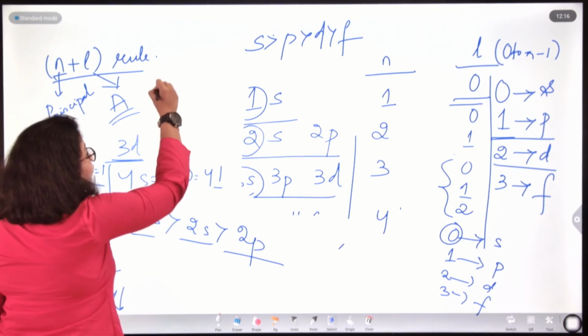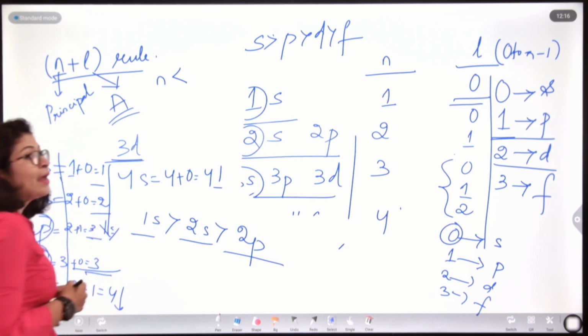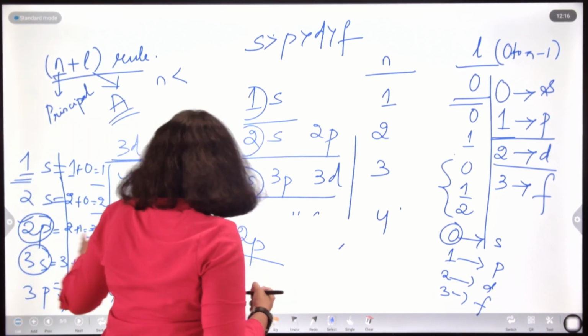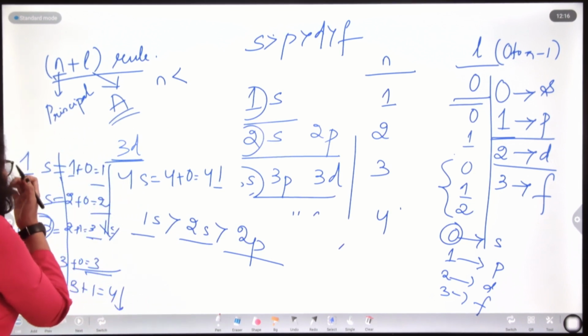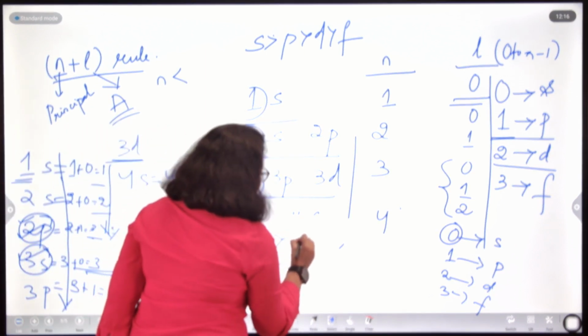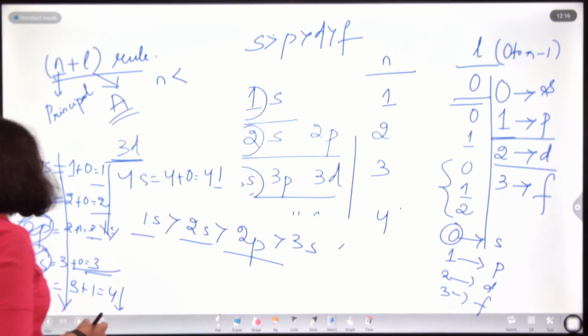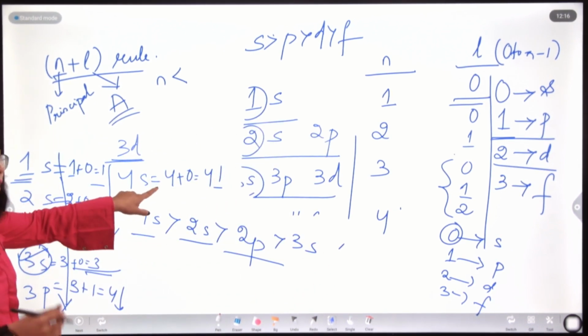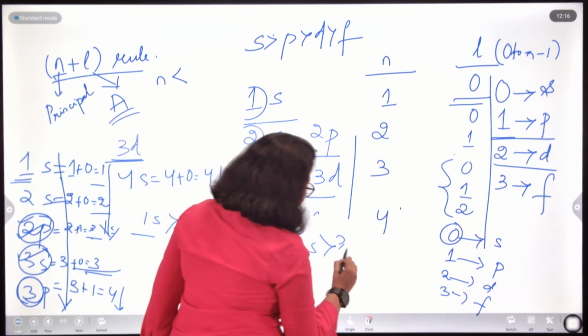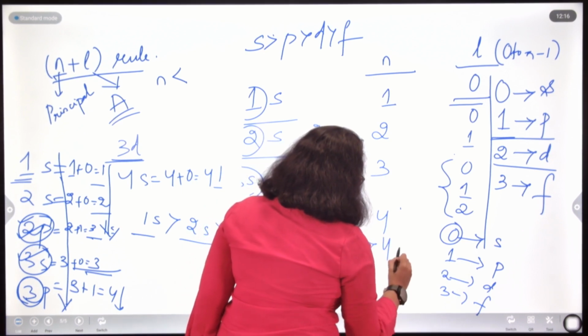Whose n value will be smaller, that will be in a lower orbit or lower energy state. So, if you compare 2p and 3s, then 2p is comparatively in a lower energy state than 3s, and therefore 2p will be filled first before 3s. Then 2p, 3s, then here again 3p and 4s, the same confusion arises. Again the same thing, the value of n is smaller for 3p, so 3p will be filled first, then 4s.